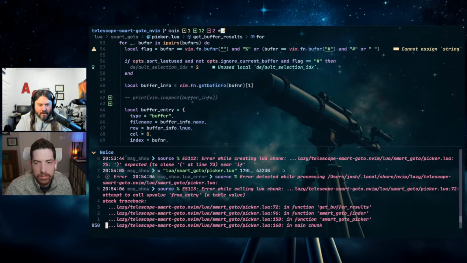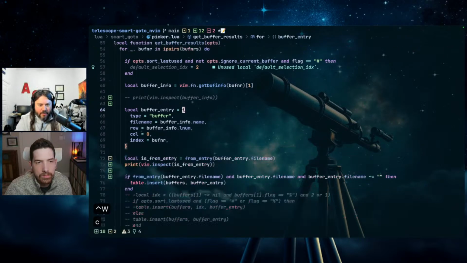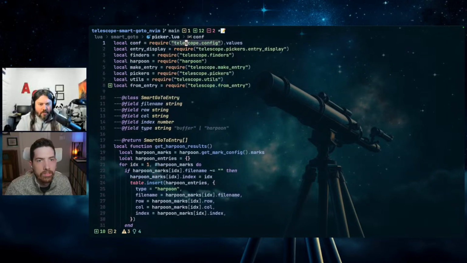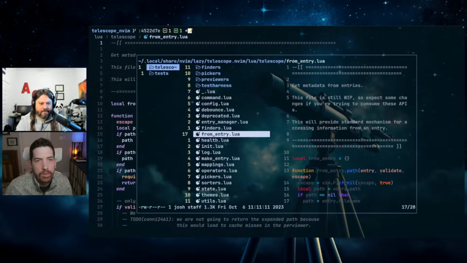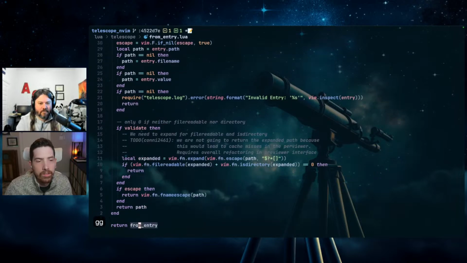From entry. Does it not know where from entry comes from? From entry. Unknown. So that's no good. That's a bummer. It is a bummer. Just because I called it here doesn't mean it's been exported. Right. So